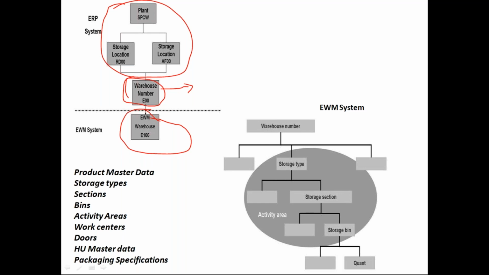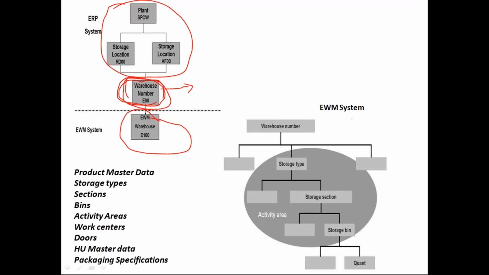You create a warehouse number, but how does the system know that this warehouse number is connected to some XYZ plant? That is through the communication between ERP and EWM through this intermediate warehouse number. When you create a delivery, it can be an inbound or outbound delivery. First, you input the data like material master, quantity, and other information, and the system identifies that intermediate warehouse number. If this intermediate warehouse number is connected to an EWM warehouse number, then the system knows that this data has to flow to EWM. That's how the communication is set up through org structure.